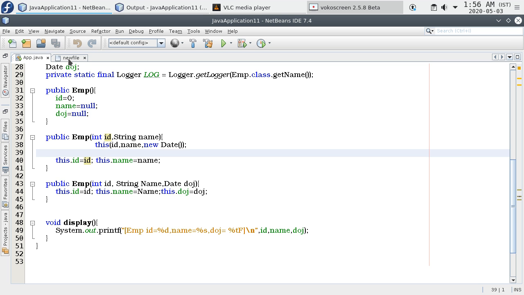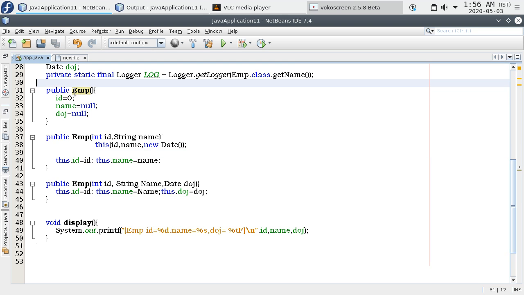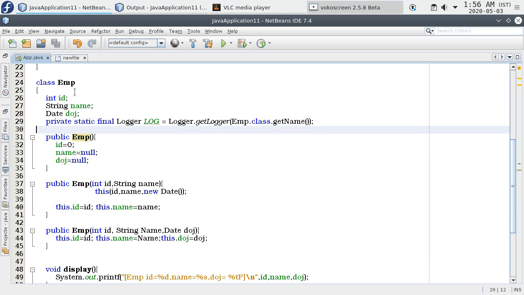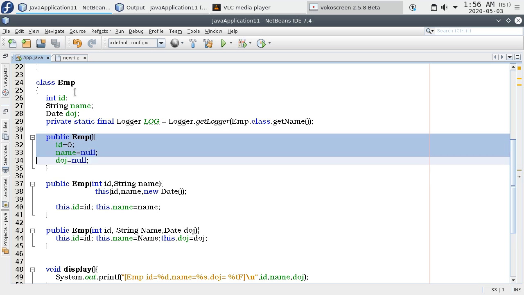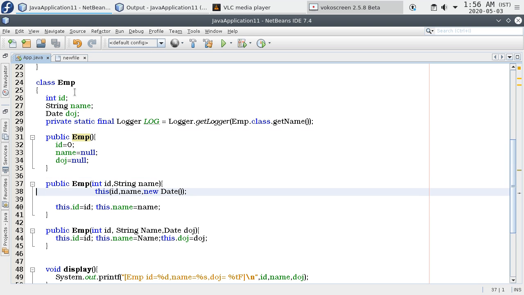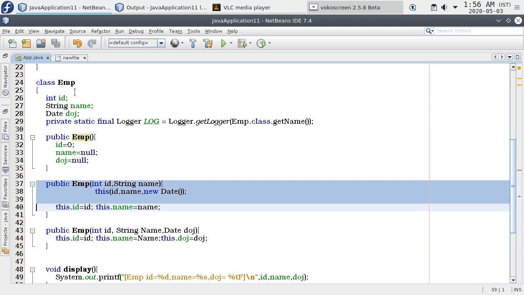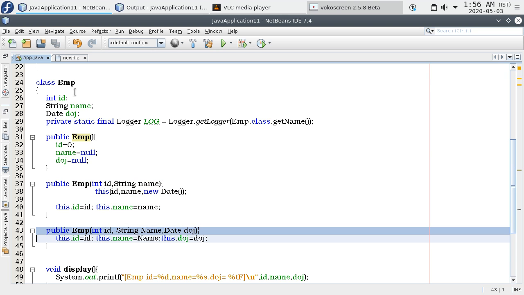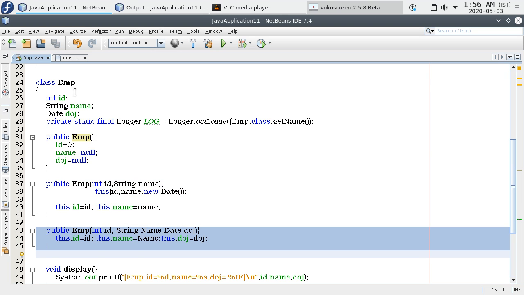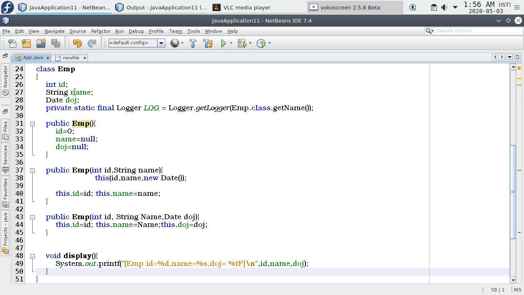So we've seen how to create a default constructor, how to declare a constructor. First of all, the default constructor means the JVM will supply it. Here we created a constructor and different types of constructors, or we can call them parameterized constructors. It displays the values.